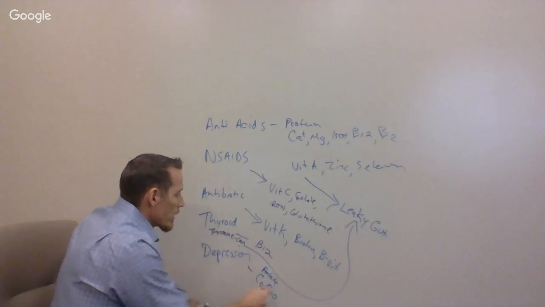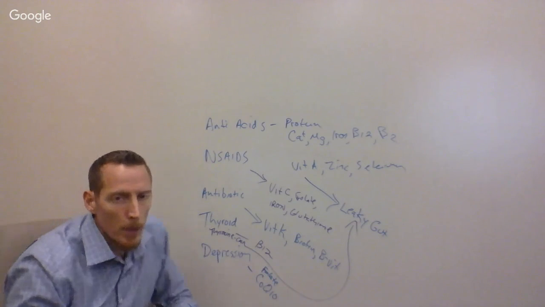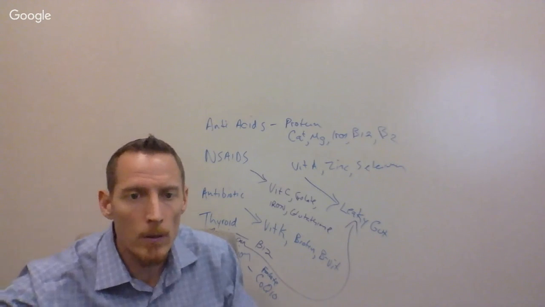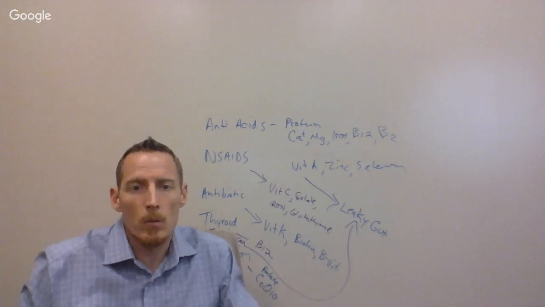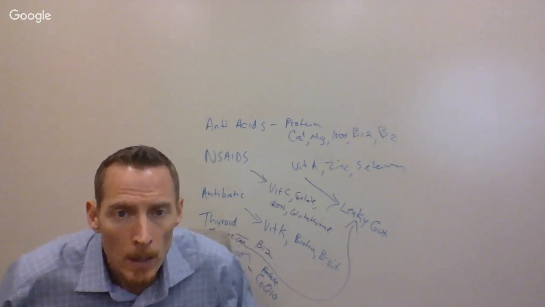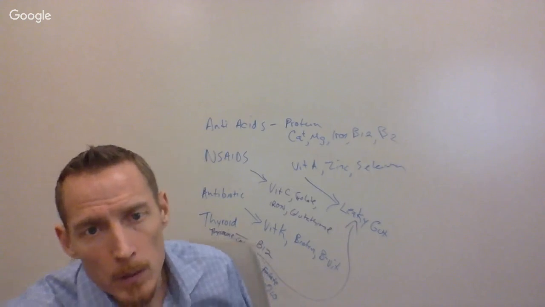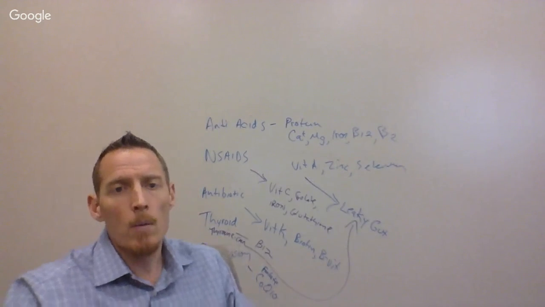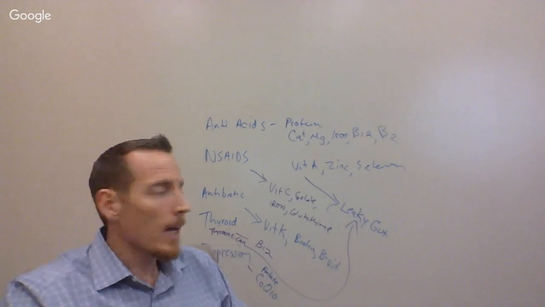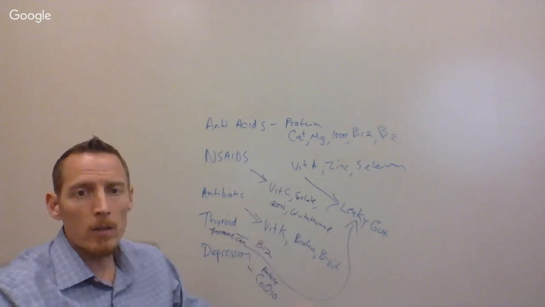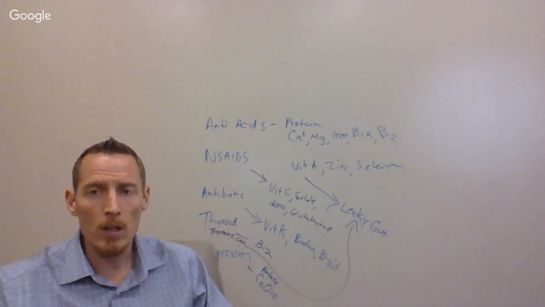And what's ironic about that is that when you take a drug that blocks folate to treat depression, know that folate deficiency actually is one of the major causes of depression. You need folate in order to properly metabolize serotonin and dopamine, which are kind of happy, feel-good hormones that you produce. So again, this whole concept of drug-induced nutritional deficiencies, I mean, more than half of you at this point,